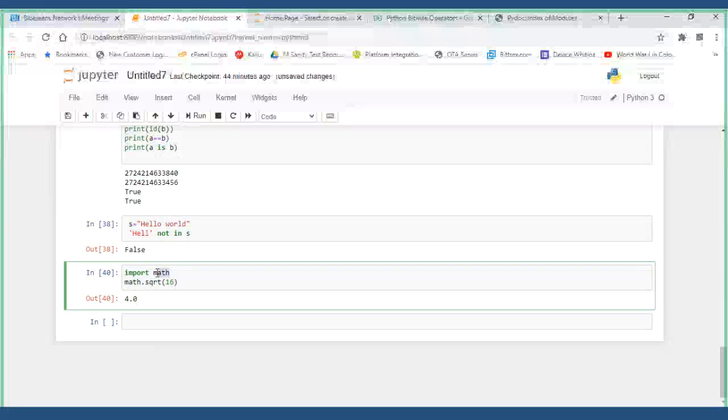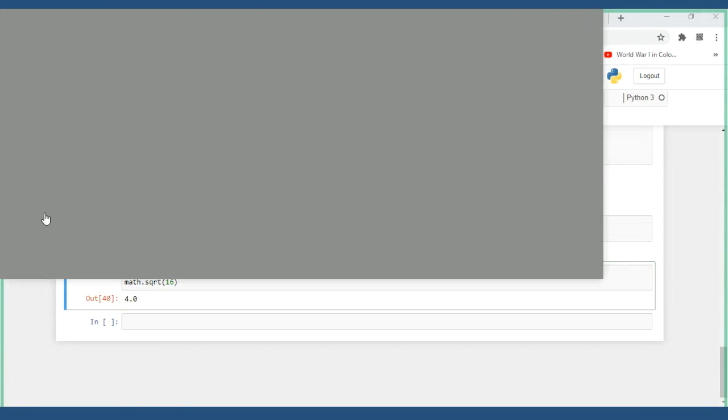In that, so many functions are there: square root and everything. Let me check the libraries.